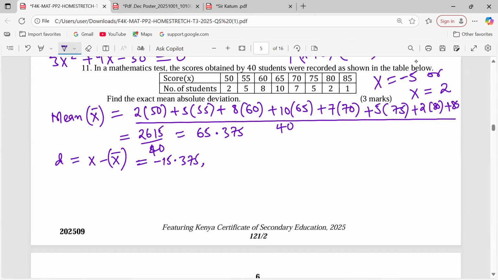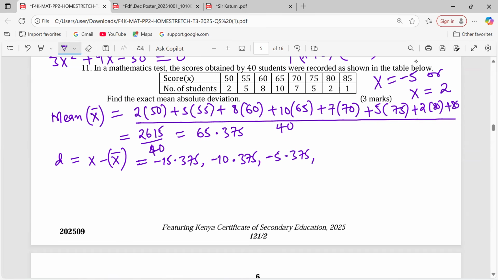The next shall be 55 minus 65.375, we get negative 10.375, comma, 60 minus 65.375, giving us negative